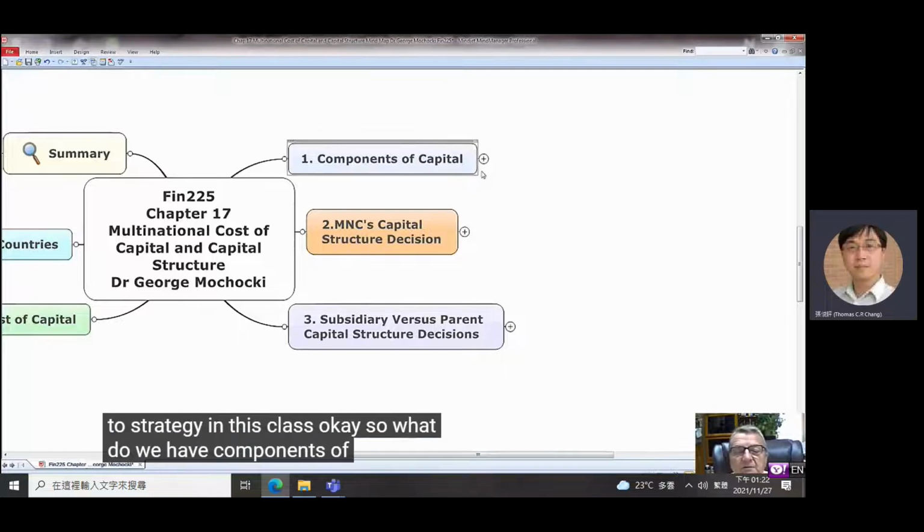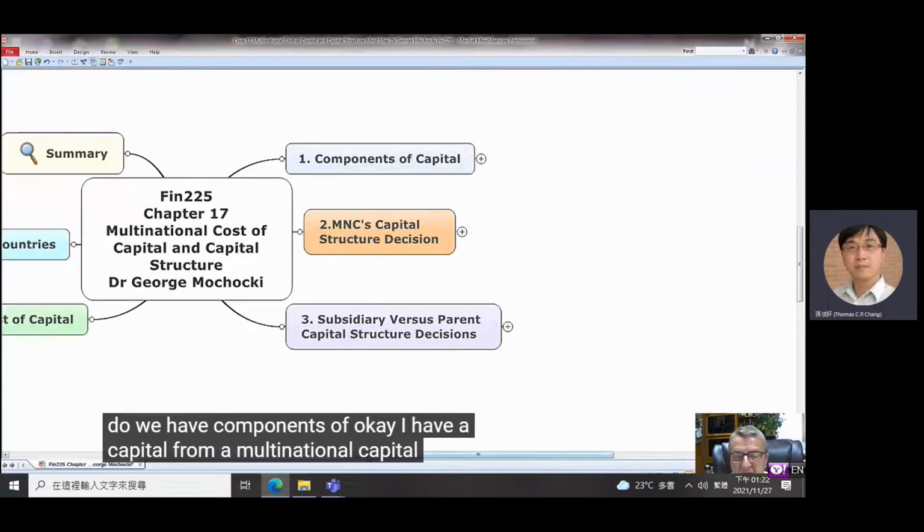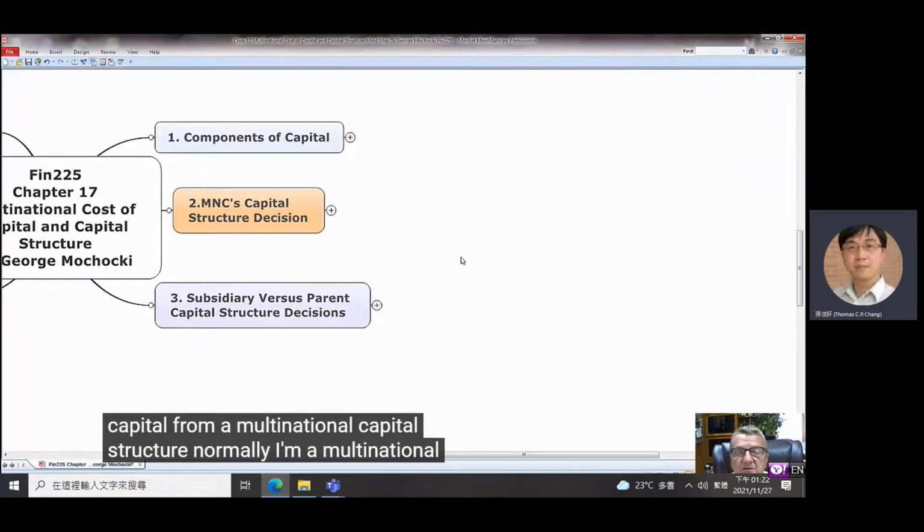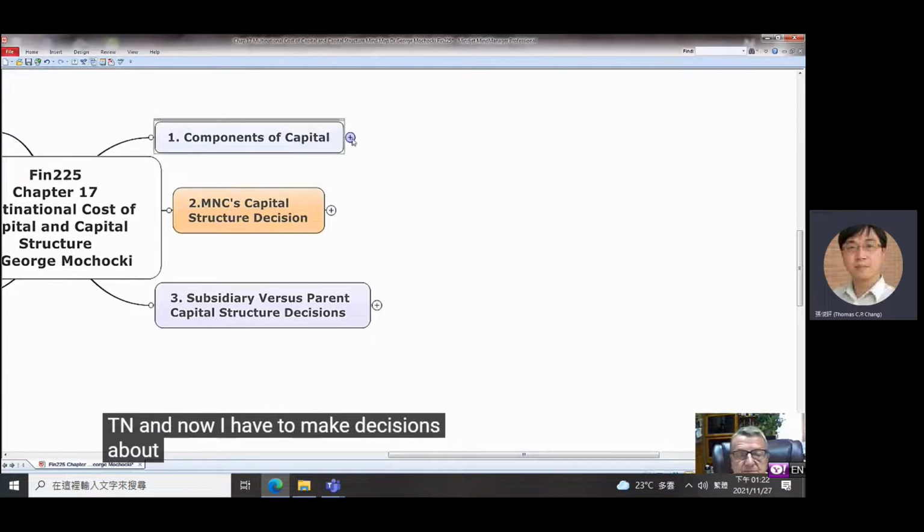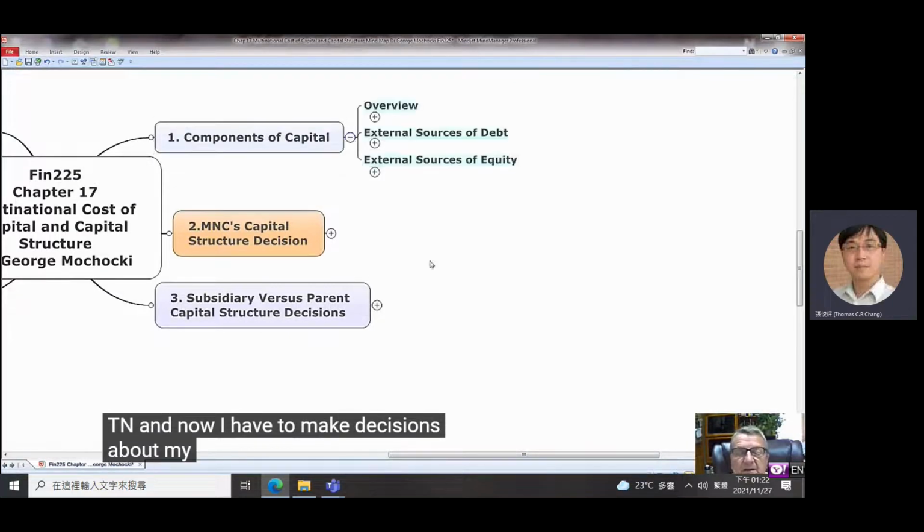Okay, so what do we have as components of capital from a multinational capital structure? Remember, I'm a multinational, MNC, and now I have to make decisions about my